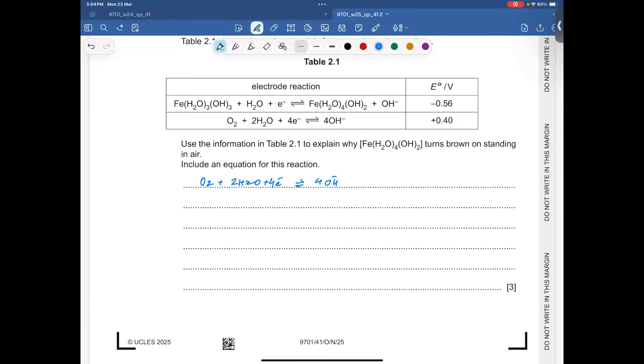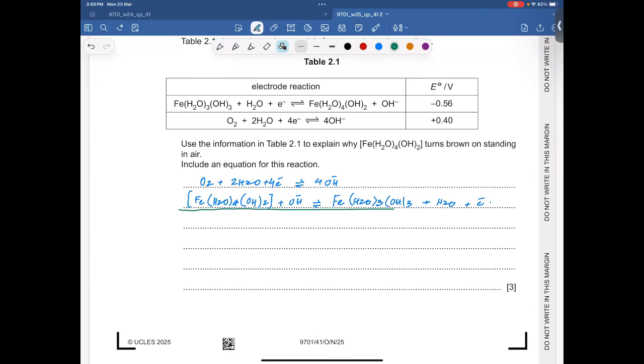So when I flip this equation, it is going to be like this: Fe(H2O)4(OH)2 plus OH negative ions, reversible sign, Fe(H2O)3(OH)3 plus H2O plus electron. So first of all, we need to balance the number of electrons so that we can cancel